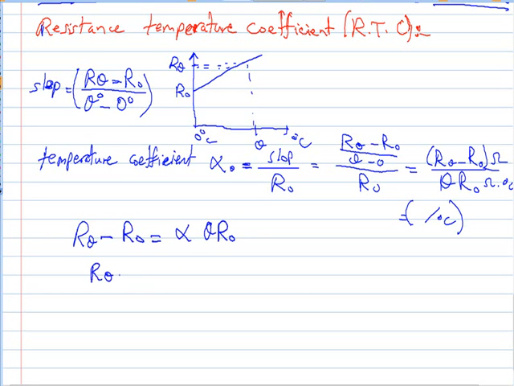So R theta will equal alpha theta R0 plus R0. So R theta, the resistance at any temperature, equals, taking R0 as a factor, so remains 1 plus alpha